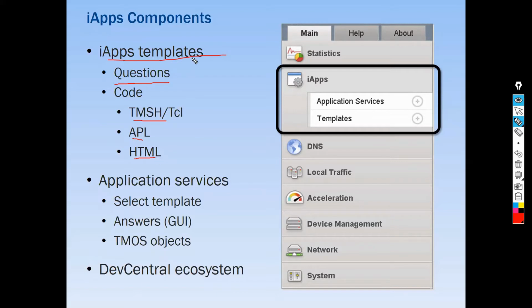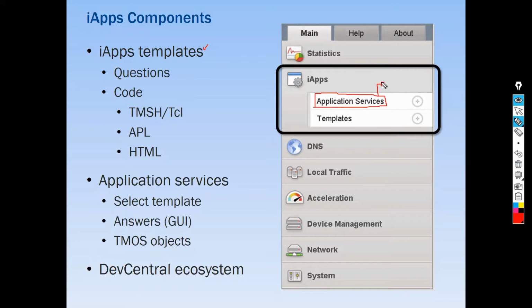Okay, so when I speak about a deployment, how actually you will use the IAPs is, first you will select a template. You will go into application services and click on create.